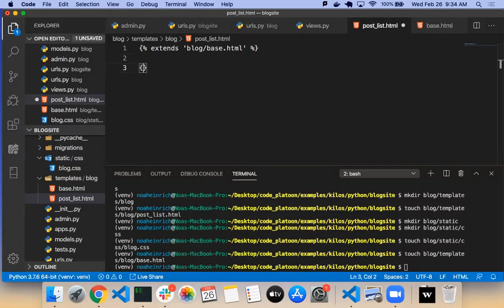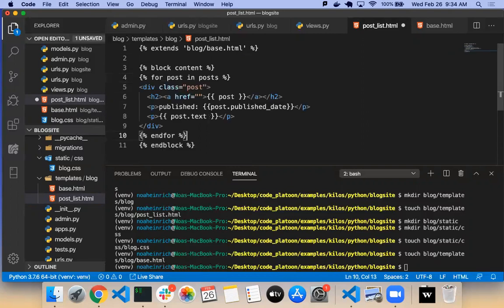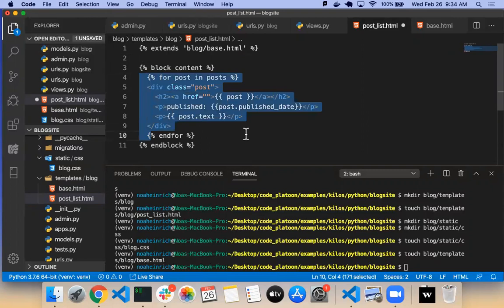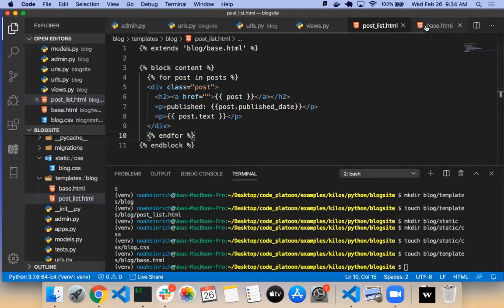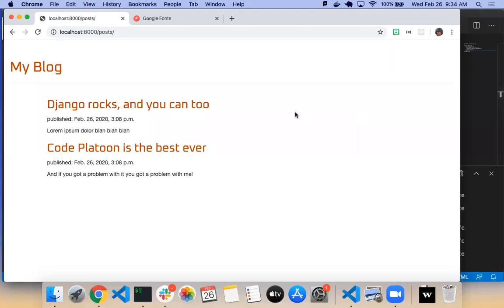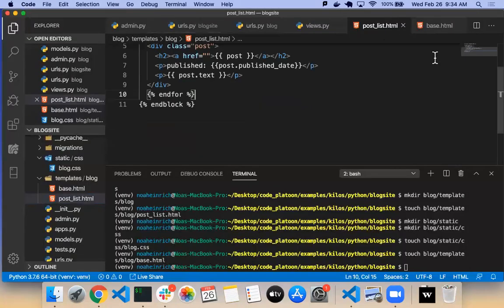And then I'm going to put another thing here that says block content and endblock. And then I'm going to paste this here. So if I did this right, it should look exactly the same. It looks exactly the same.